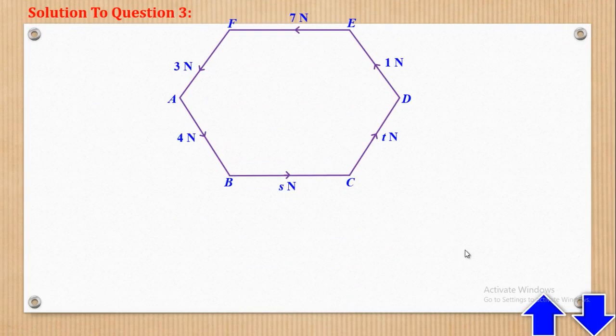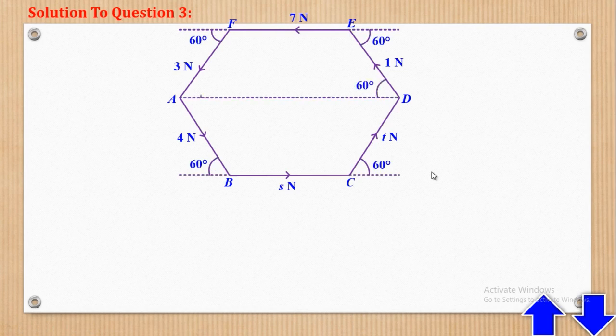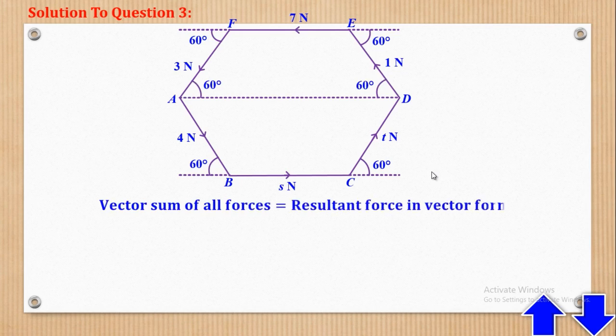So basically those are the forces, and now next is to put the angles. The angles, we put them so that you can easily resolve. Okay, so now that the angles are there, we shall come and say that now the vector sum of all the forces will be equal to the resultant force in vector form. So when you add all these forces in vector form, what you will get will be equal to the resultant force also in vector form. When you do that, we shall come and write